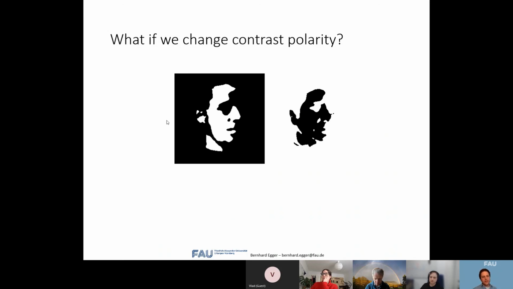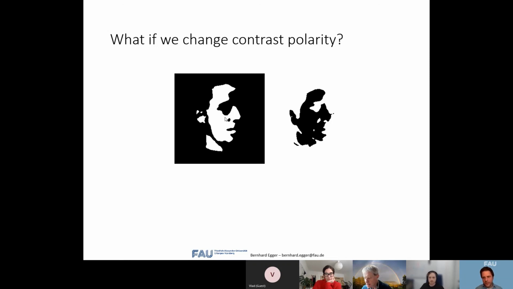So if we take this image and everything that was black before turns into white, and everything that was white turns into black. What holds for most humans is that on the left image, it's very easy to spot the face, and we get a very rich percept, like we can say something about the face. And on the right, a lot of that rich percept is gone,